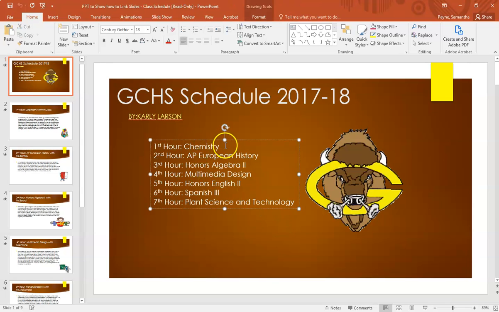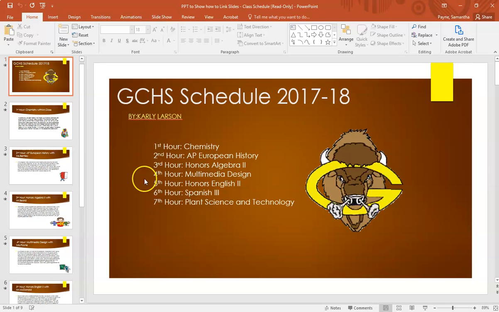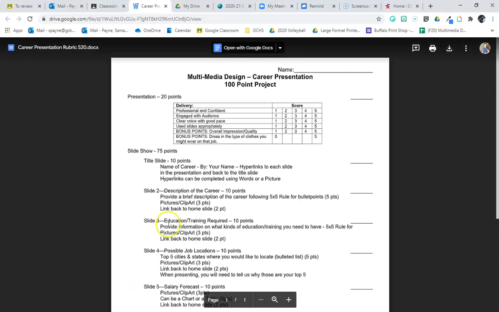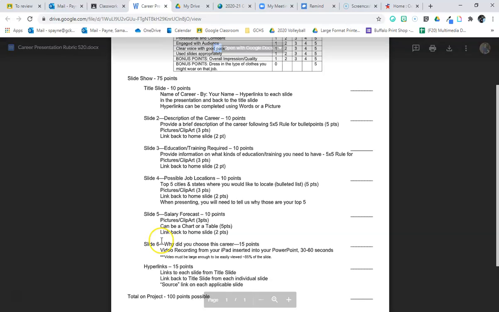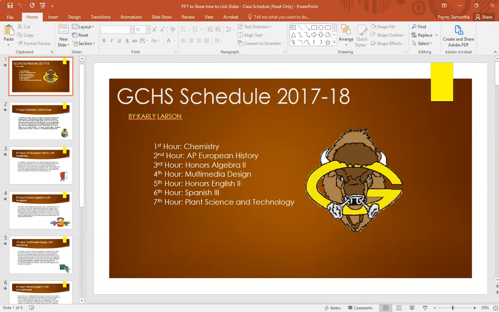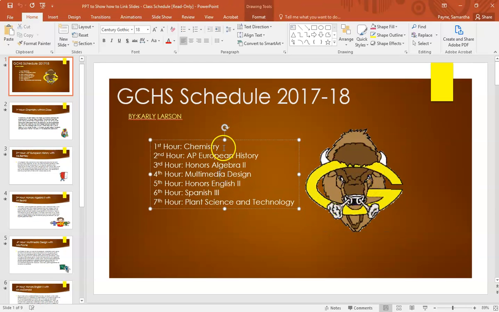So, first thing you can do, you can either create a list like this, called what it is, the salary, education training, all of those things that were part of this, okay? So I could create a list of 5 things. I could also go in and put in pictures like I showed you with my Bitmoji and the examples. For now, I'm just going to stick with this, but I'll show you how to hyperlink using this picture in just a minute. So you will highlight what you want to hyperlink,